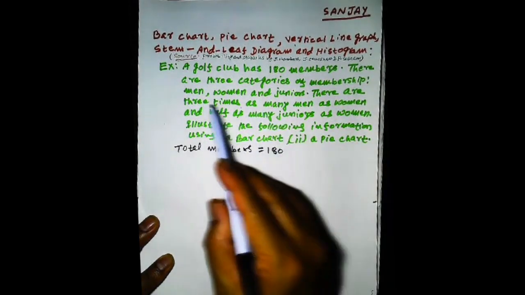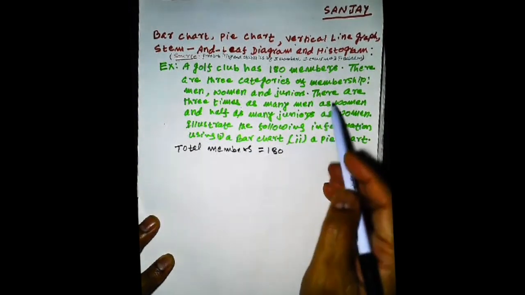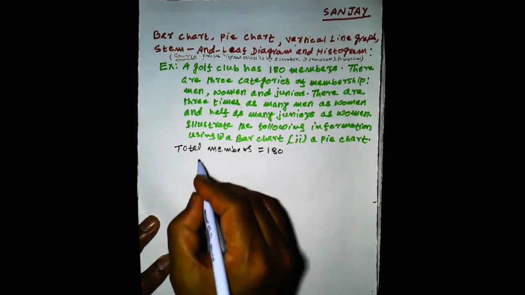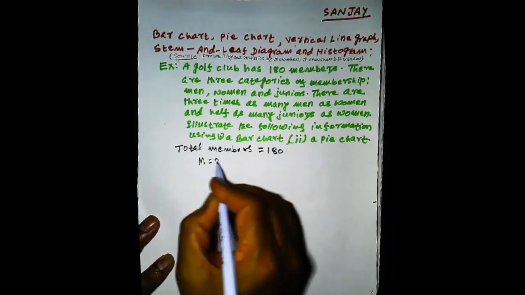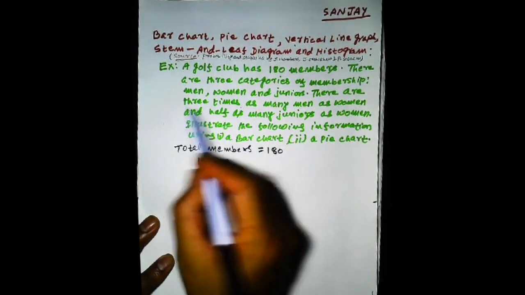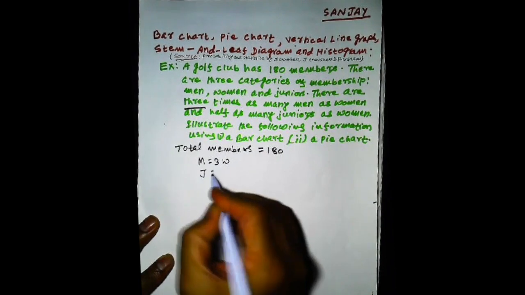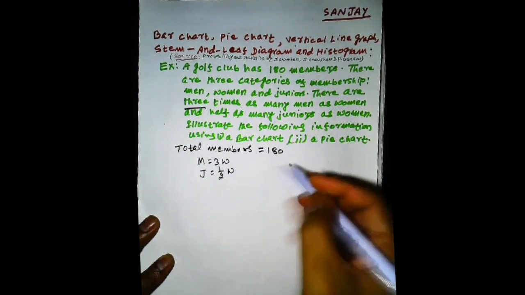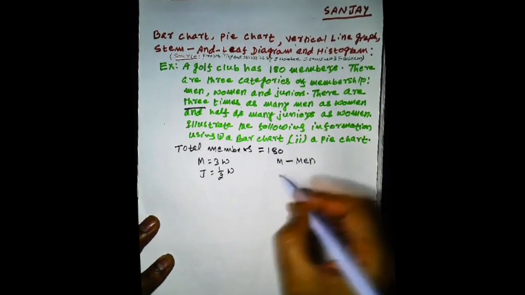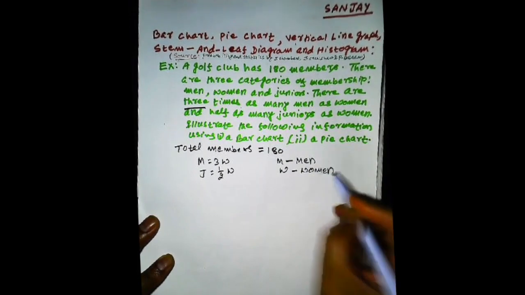Now when you look at this question, it says that men, women, and juniors are the three categories. So there are three times as many men as women. So men is three times as many as women. Half as many juniors as women. So junior is going to be half of women. So here M stands for men, W stands for women, and